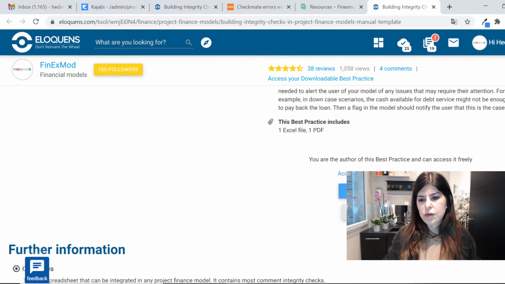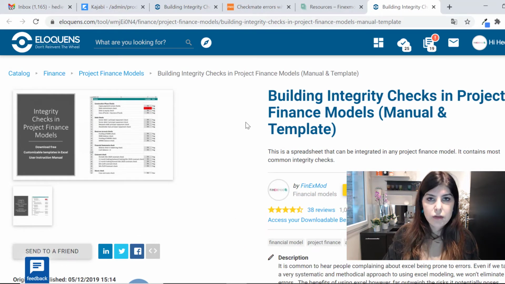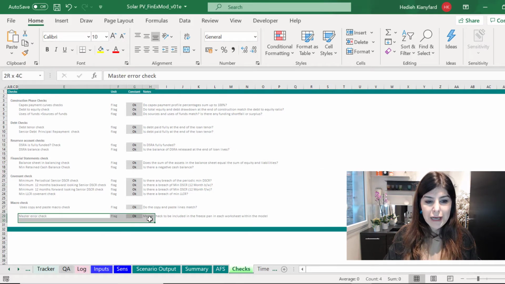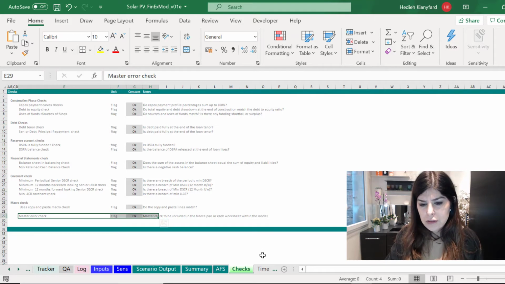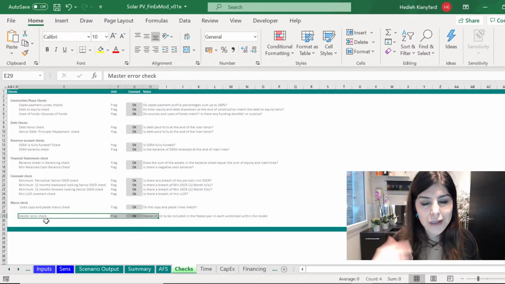It also includes a PDF which explains the different error checks that you need to include, the typical ones in a typical project finance model. So the issue that I want to discuss with you today is about this master error checks that you include in your model. What I recommend, and what I usually see across all the standard models, is that once you create this master error checks, which is basically the sum of all the errors,